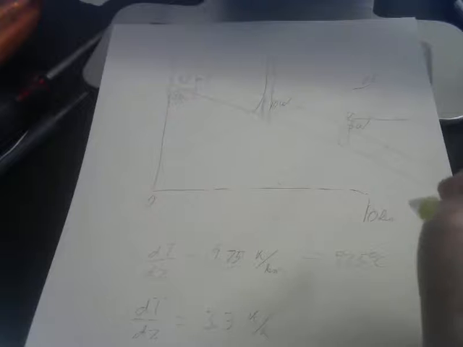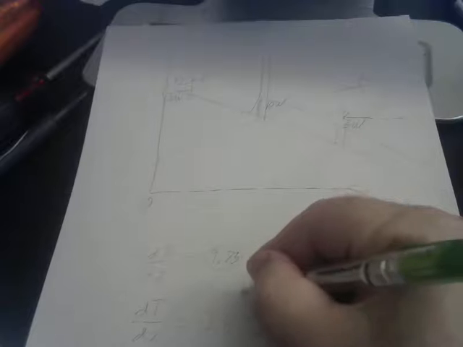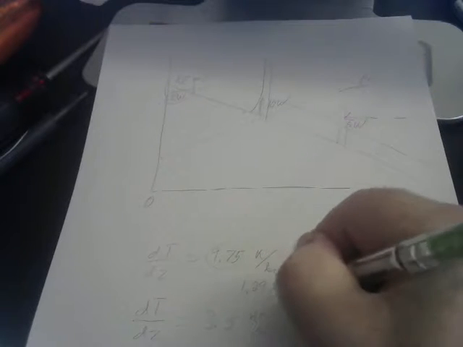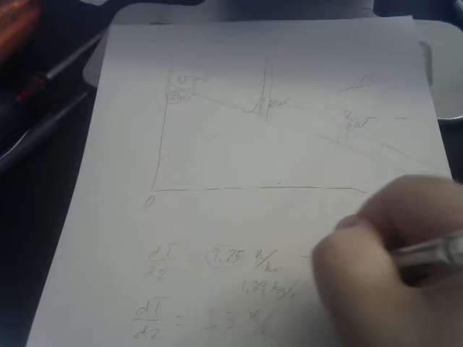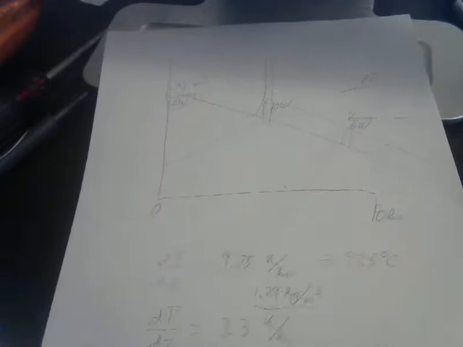I don't know for sure, but one thing I might suggest is that this was based on a density of the atmosphere being the same throughout that 10 kilometer distance, that the density of the atmosphere was 1.29 kilograms per meter cubed the whole way up. But what is the actual density at the troposphere, or the tropopause?